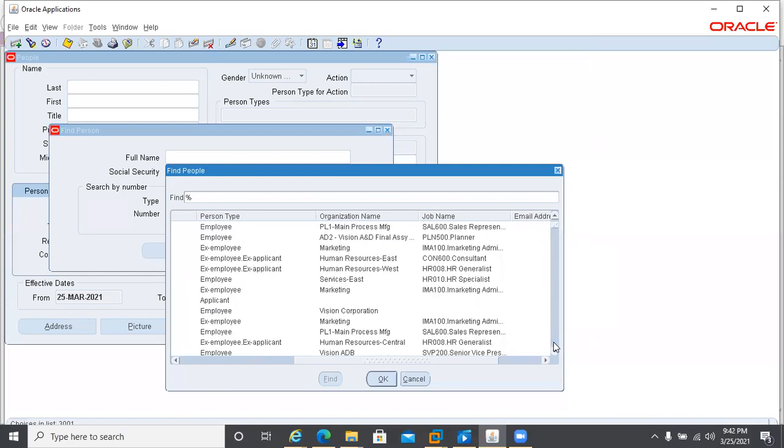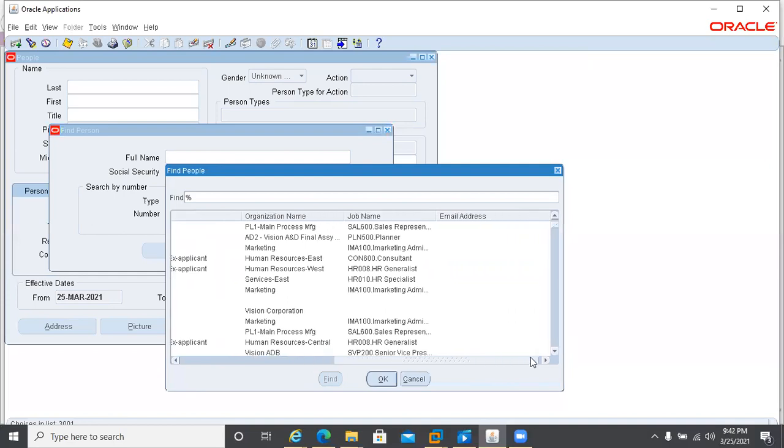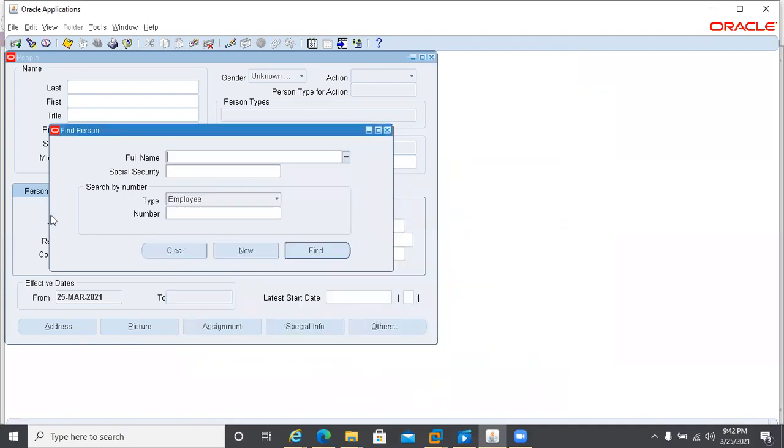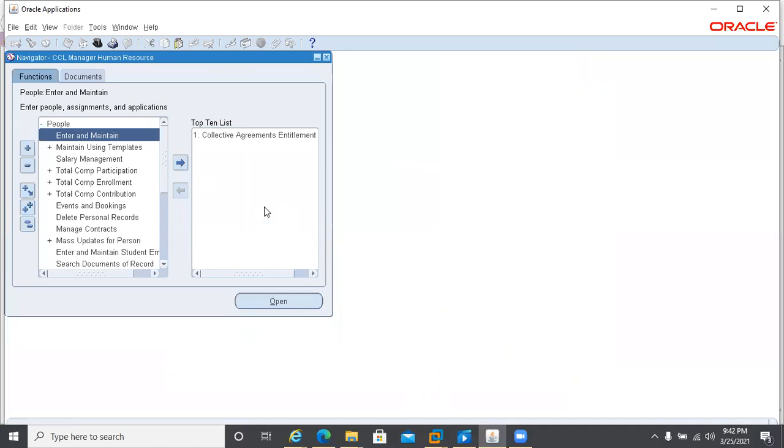If I set, for example, any other organization, you will see the information based on what we set for that responsibility, or for example, at the user level. So that's why I set the profile option for CCL HRMS super user. Because, see,